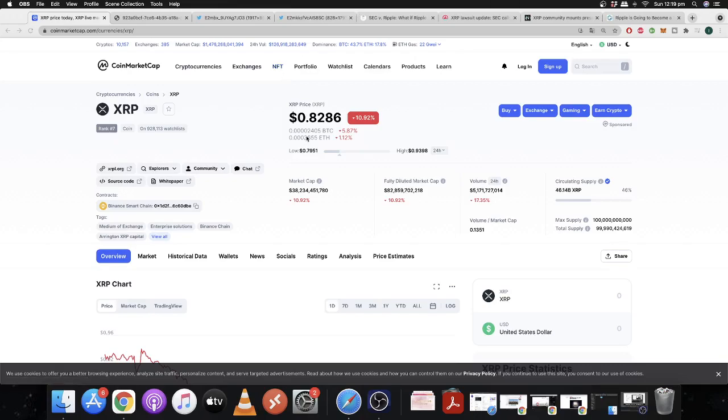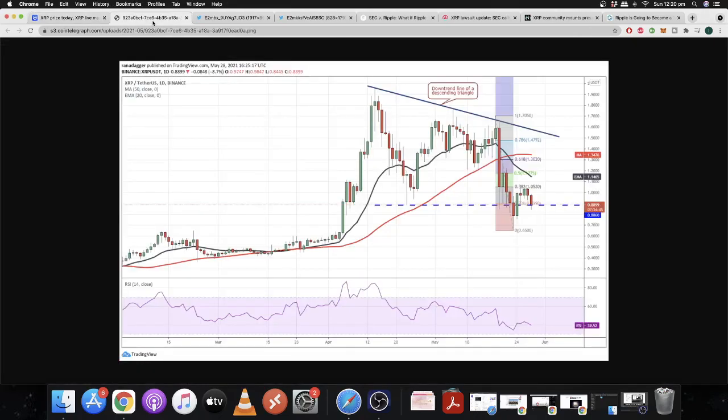Let's get into it. Currently trading at 82 cents, 10% down for the 24 hours as the crypto dip continues. Nothing we didn't expect before. So the XRP relief rally hit a wall at the 32.8% Fibonacci retracement level at $1.05. This suggests the sentiment is negative and traders are in a hurry to close their long positions on a shallow